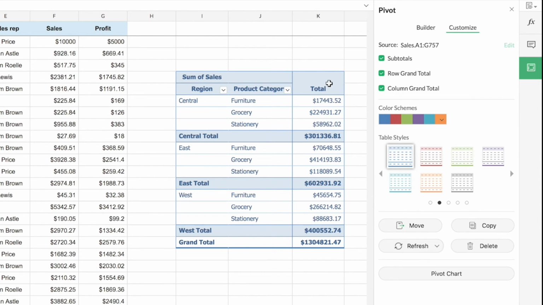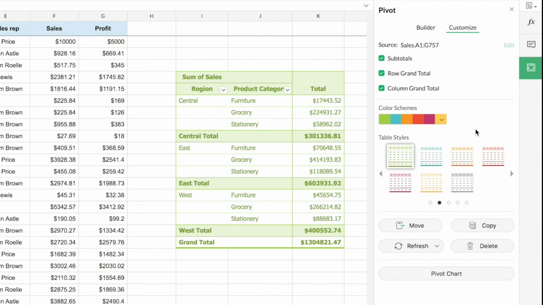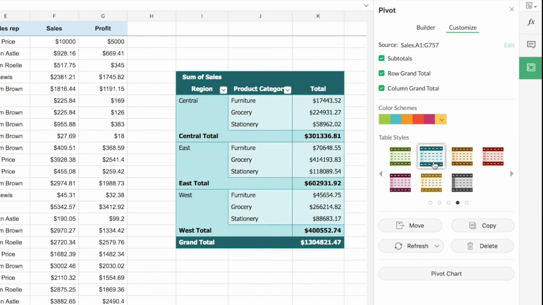Now moving on to the color theme for the table. Zoho Sheet provides you with 6 predefined color themes using which you can customize your table. I'm just going to select theme 2. That changes the color of the table, and I'm just going to change the format in which it is being displayed. I'm going to choose this style here. On the left you can see that the styling of my table has totally changed. This way you can make sure that the table style matches with your spreadsheet and also makes it clearer.